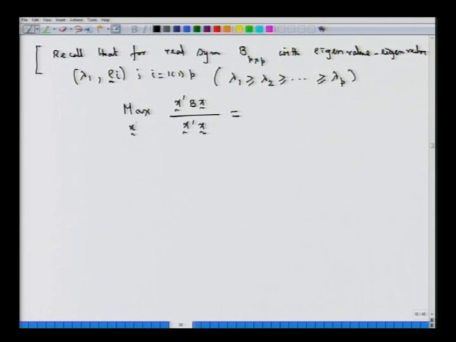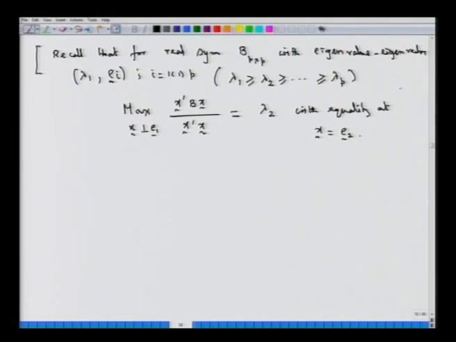If we look at all x's such that x is orthogonal to E1, the first orthonormalized eigenvector corresponding to the largest eigenvalue lambda 1, then this maximum is achieved at the second largest eigenvalue, lambda 2, with equality at x equal to E2,